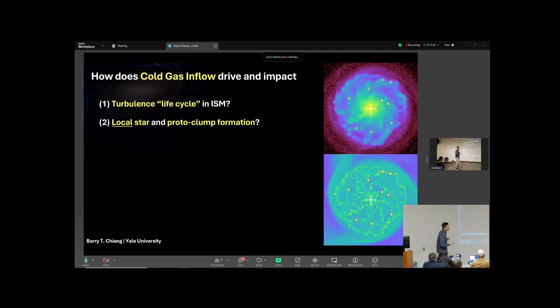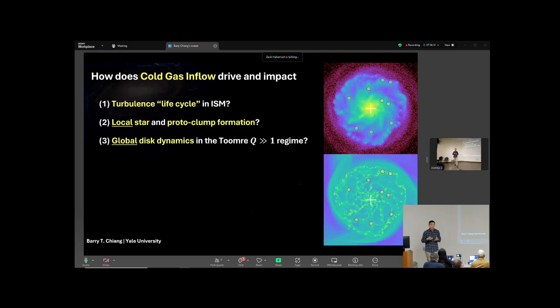So in the bottom, where you see over-densities or high concentrations of cold gas, you see, in the same spatial location, over-densities of stars. And thirdly, we want to understand what's the role of streams in impacting and shaping the global dynamics